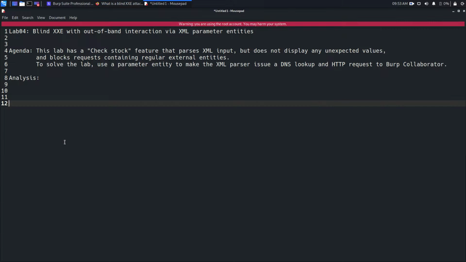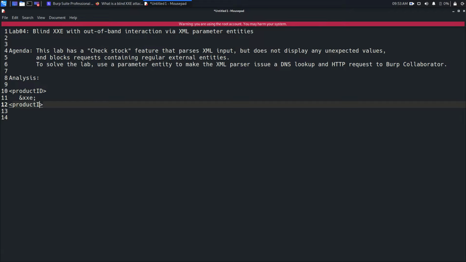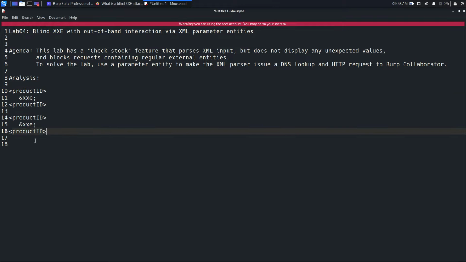So before, we put something here like product ID, and let's say we put XXE like this. This is the regular entity reference. Now once you make the parameter entity reference, you will reference it like this. So this is the only difference. Another difference is